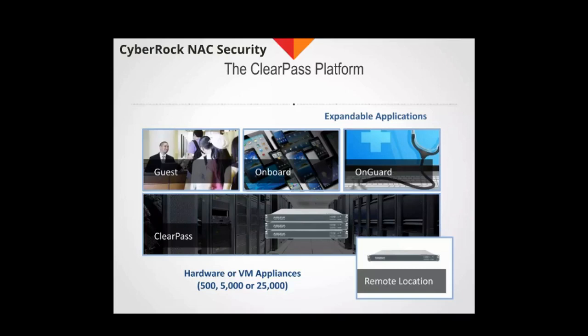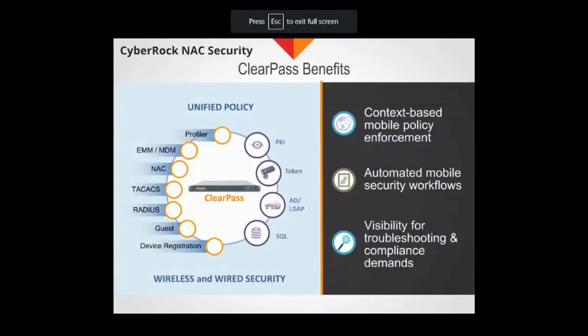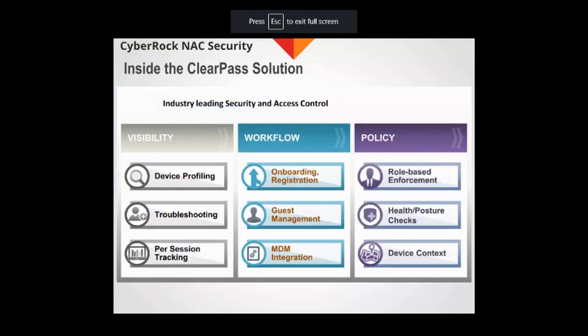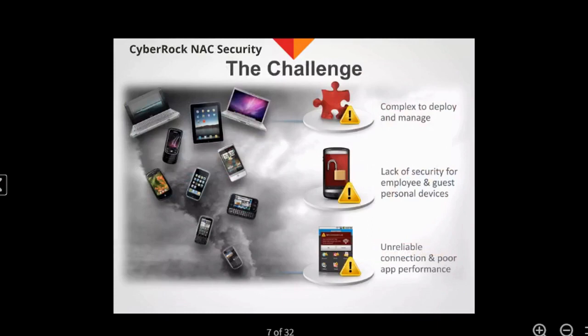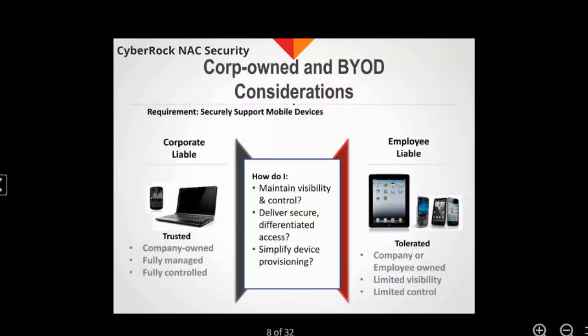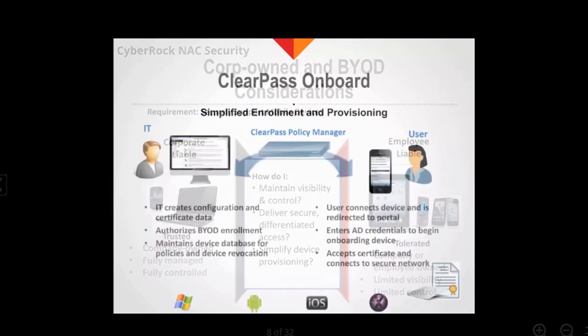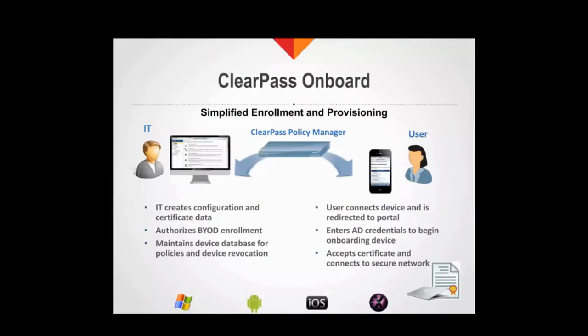Aruba Clearpass. What does it do? Aruba Clearpass is a network access control (NAC) solution provided by Aruba. It is designed to enhance network security and simplify the management of user access to wired, wireless, and VPN networks. Clearpass helps organizations enforce security policies, authenticate and authorize users, and ensure that only authorized devices can connect to the network. It provides a comprehensive set of features for network visibility, access control, guest access management, device onboarding, and policy